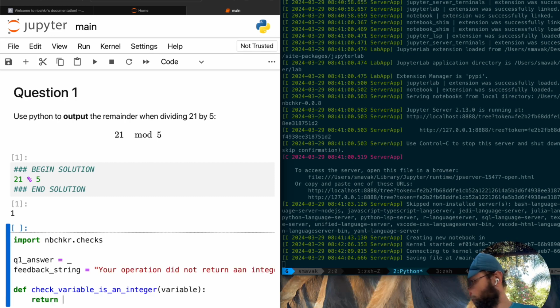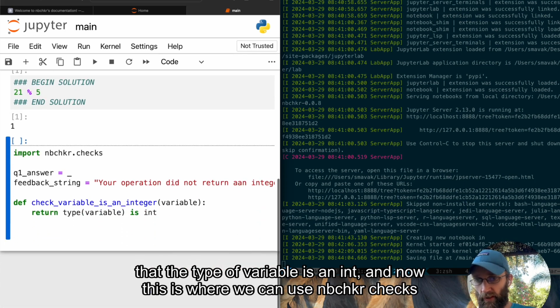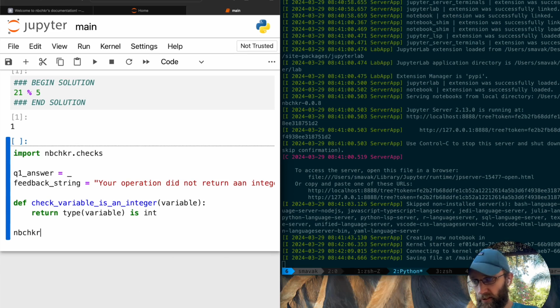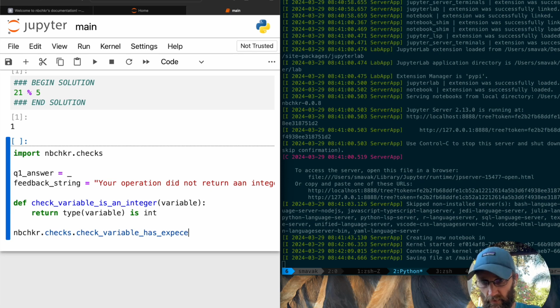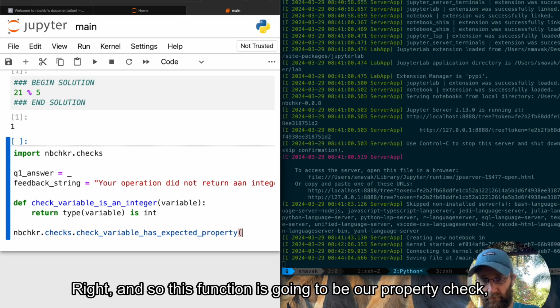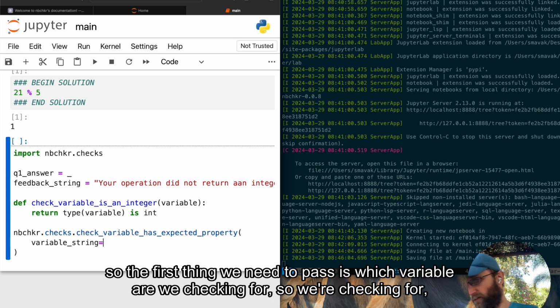And we're going to return that the type of variable is an int. And now this is where we can use notebook checkers' checker, and we can write check variable has expected property, right? And so this function is going to be our property check. So the first thing we need to pass is which variable are we checking for? So we're checking for